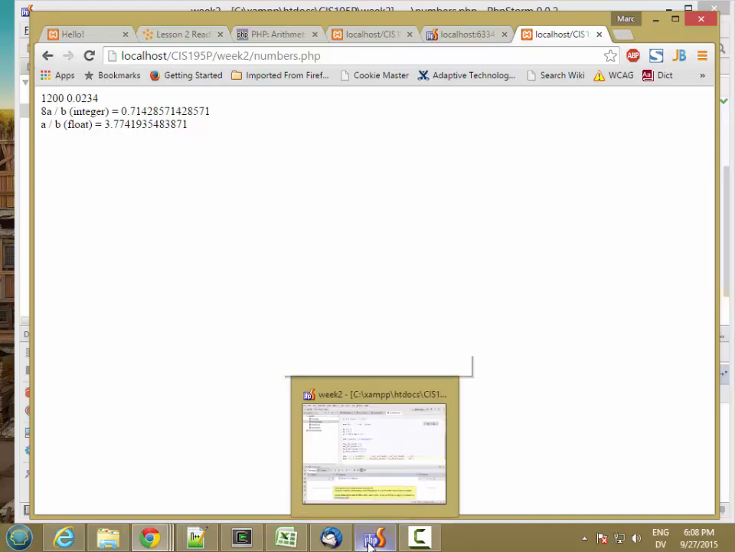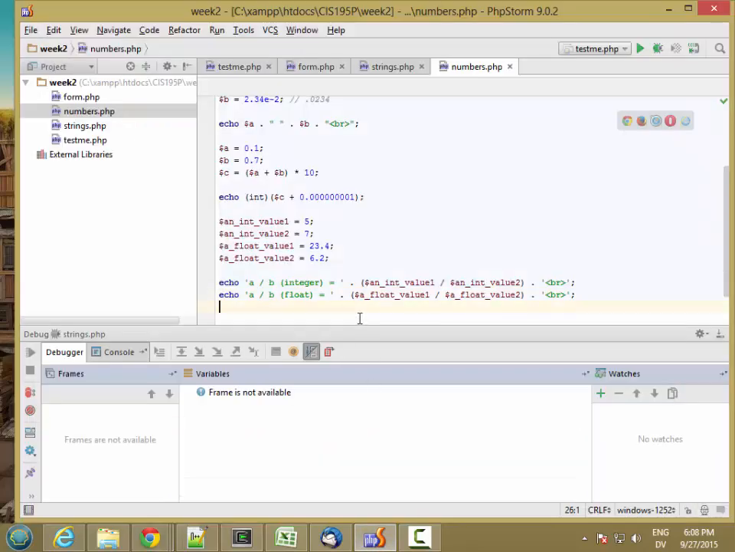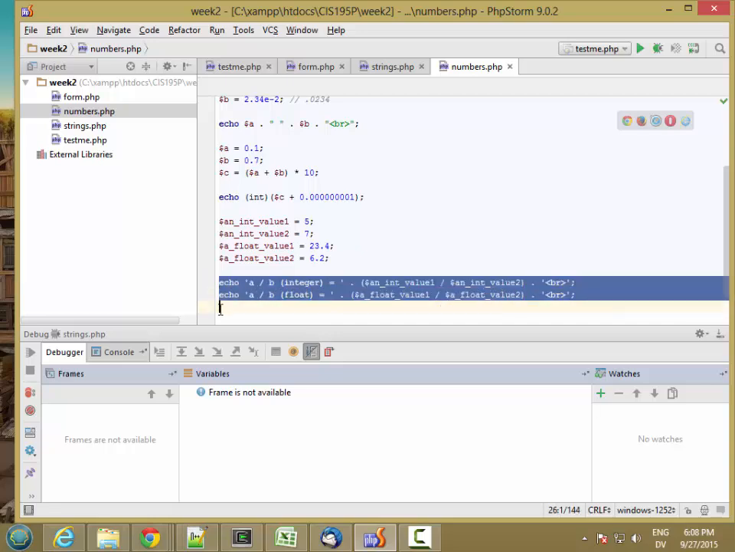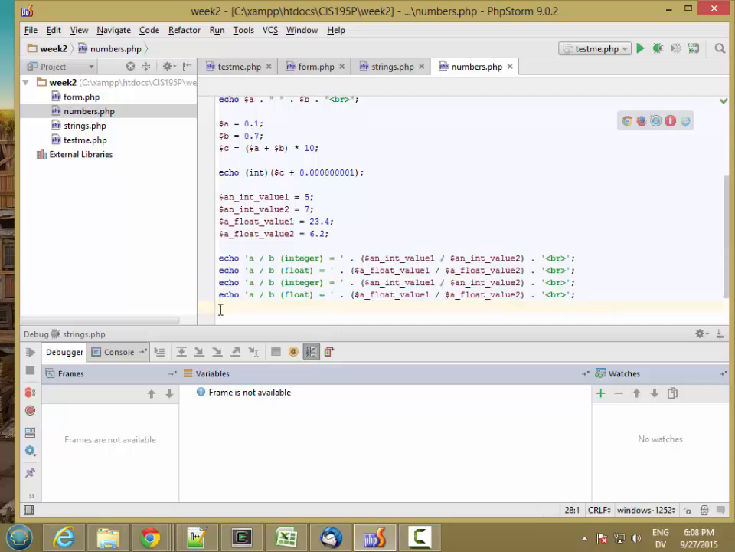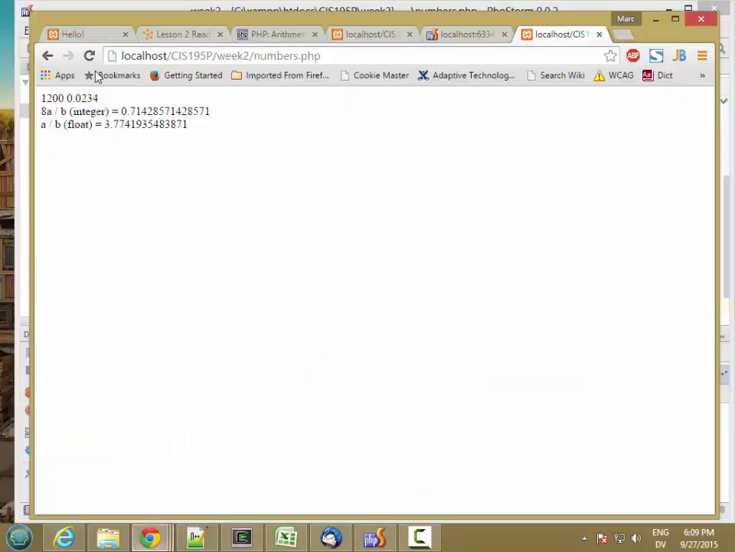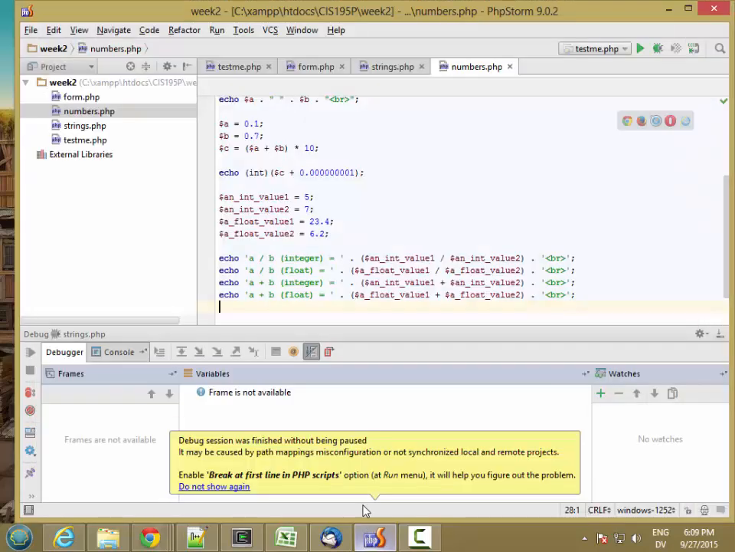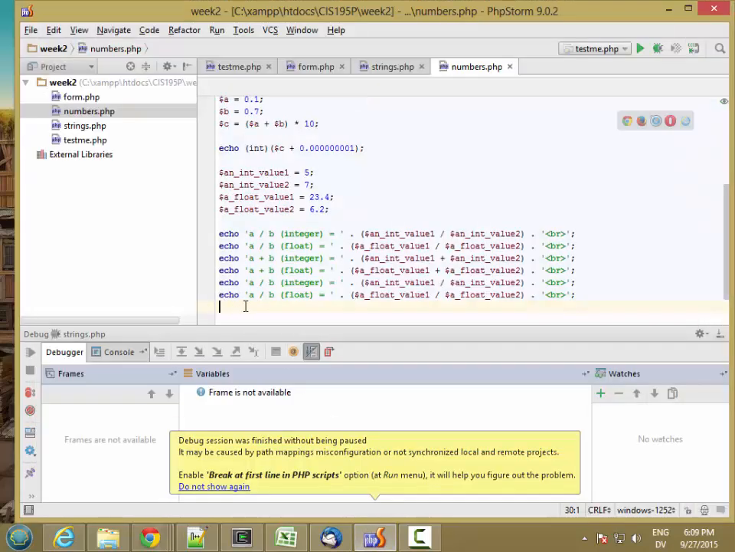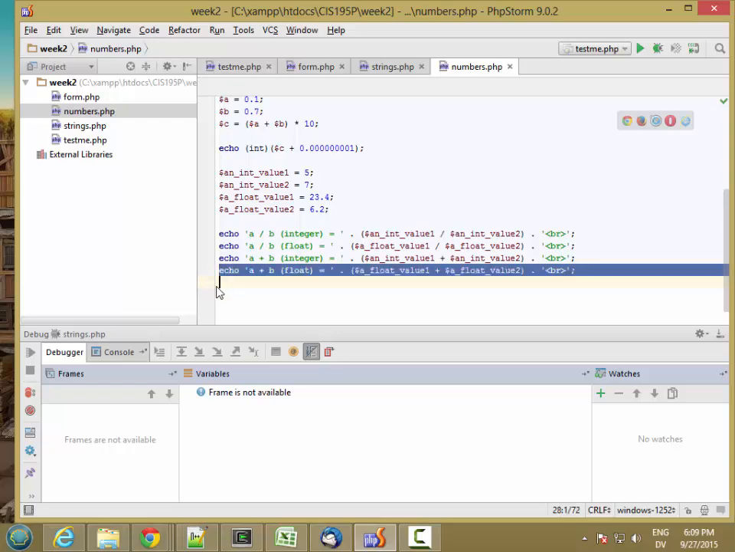How about if we add two numbers? So we'll do A plus B. And A plus B, since A and B are both integers, we end up with an integer. A and B are floats, we end up with a float. If we add a float to an integer, like so,